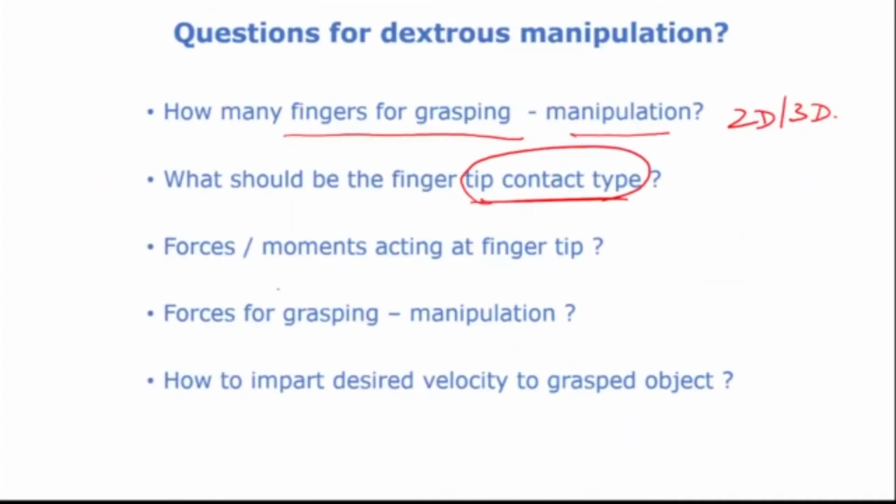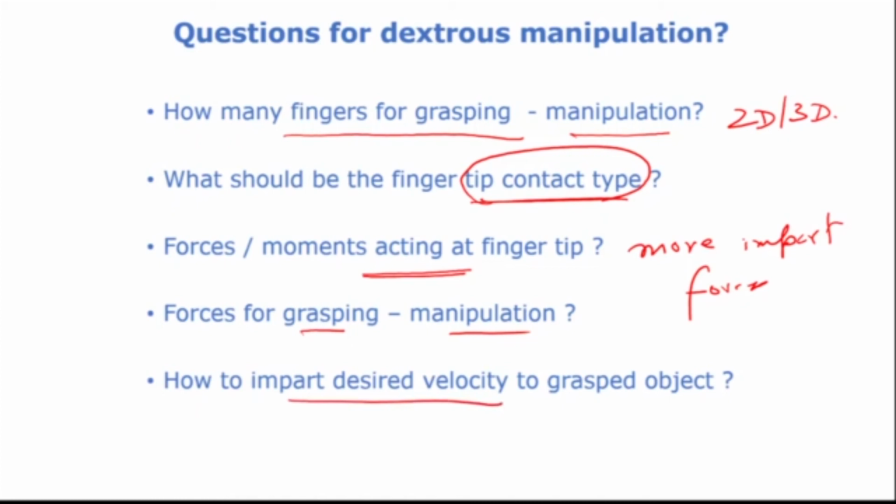Next, forces and moments acting on the fingertip. If you want to move an object, you have to impart forces to move it. So what are the forces and moments acting at the fingertip? What are the forces required for grasping? What are the forces required for manipulation? And lastly, how to impart desired velocity to the grasped object. I have grasped an object and I want to move it along a path. Then how do I impart a desired velocity